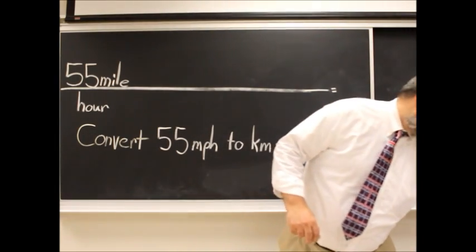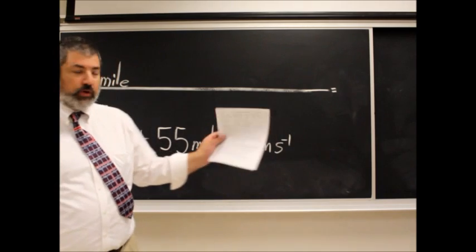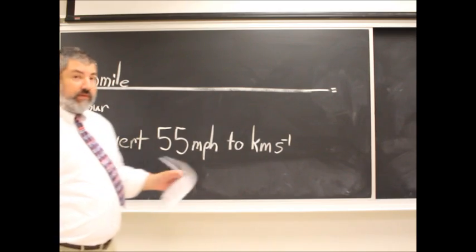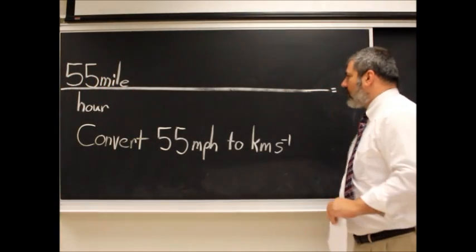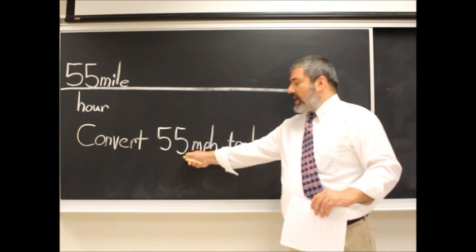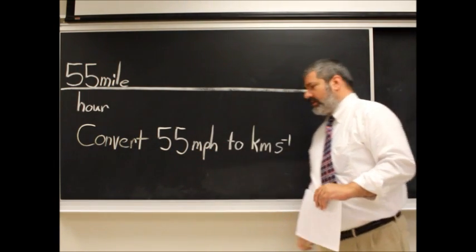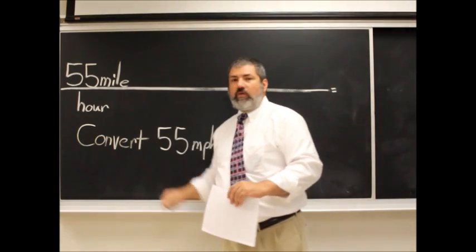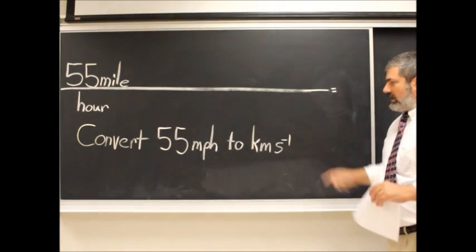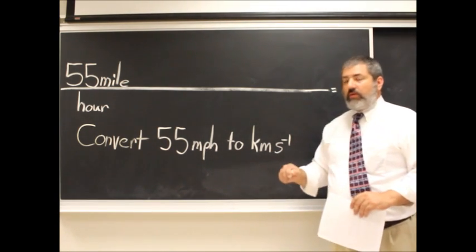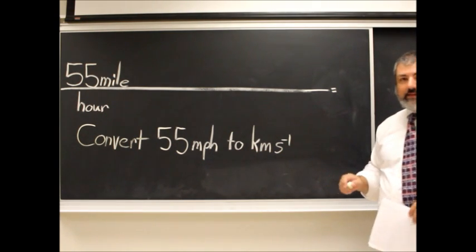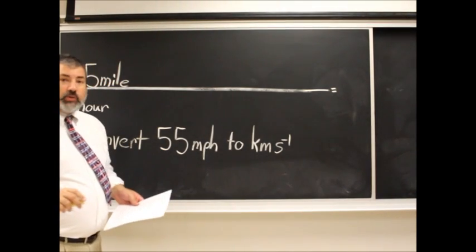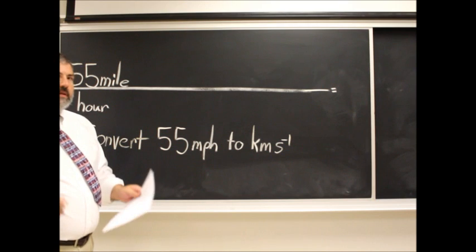Okay, so from the metric English unit conversion worksheet, I'm going to work through one of these problems. And I chose this one because, if you've ever driven in a car or been driven in a car, miles per hour, that is the unit of speed that we use in the United States. Miles per hour, distance over time. Now, if for whatever reason we wanted to convert this to another unit, in this case kilometers per second, how can we do that? Now, the reason I'm choosing this particular example to work through, if you understand dimensional analysis,